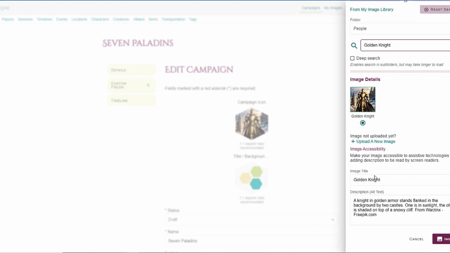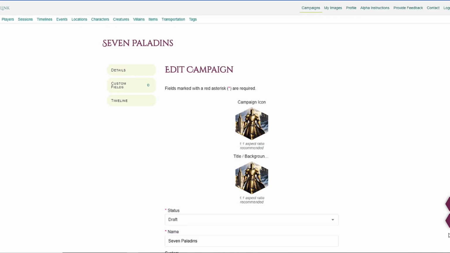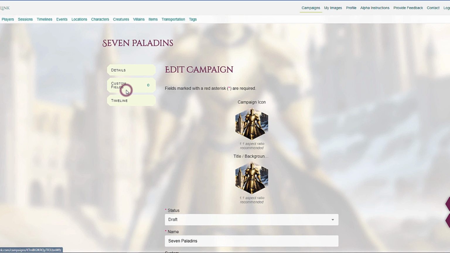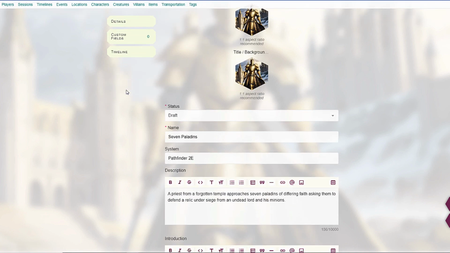You can add those in, so that this isn't an afterthought. You can see them here, you can load them in, they will be available from the moment that you create them. So let's go ahead and insert that one, and then we'll save that. And now that image has been updated. If we go back to the campaign page, we'll see that our icon is here. It has it in draft status. It's got that icon in the background. So we can click on it and we're taken back here, and we can see in the background our image is also loaded there as well, giving the page a little bit of color.